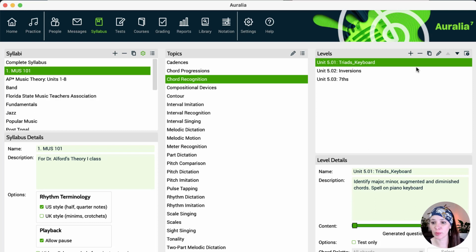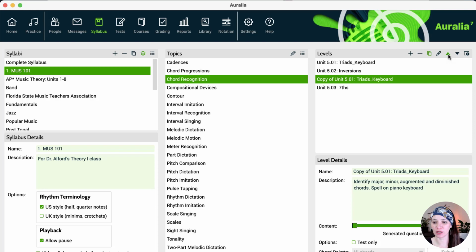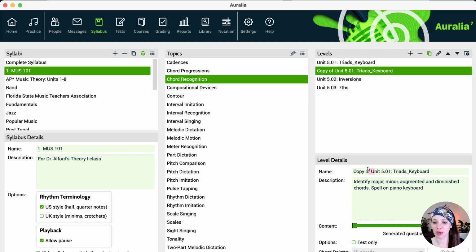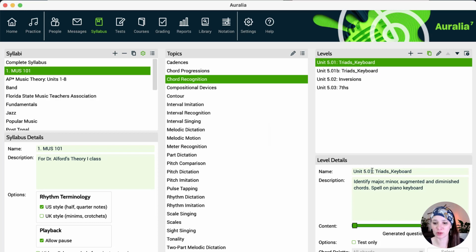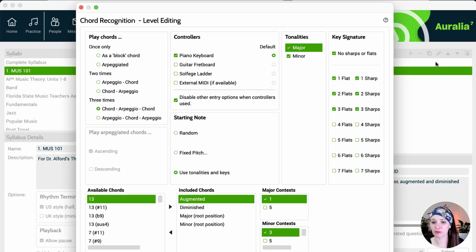And then let's make a copy so I can put it back to the multiple choice option. Okay, so duplicate level, and I'm going to move that up. You're going to use these arrows here to move things into place, and I'm going to update the title. I'm actually going to make this B and A, just so things don't get too out of whack. And I'm going to update the name and title again. And one more thing, let's go into edit the level. And we are going to